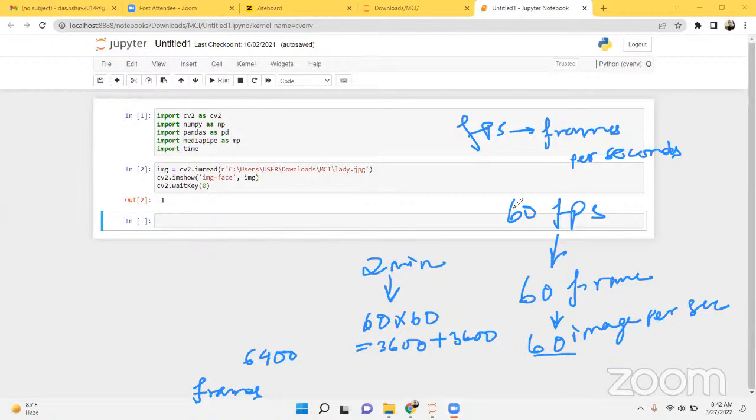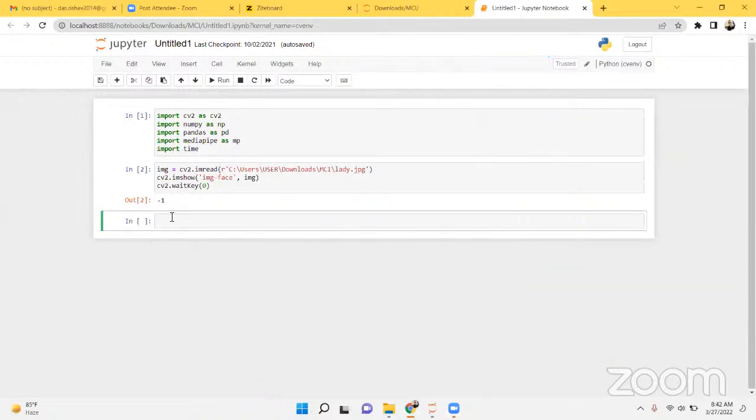So this FPS we need to calculate. It is very dynamic. Okay, it is not every time that it will give me 60 FPS. So let us quickly get through the code and understand it in a deeper way. So the first thing is